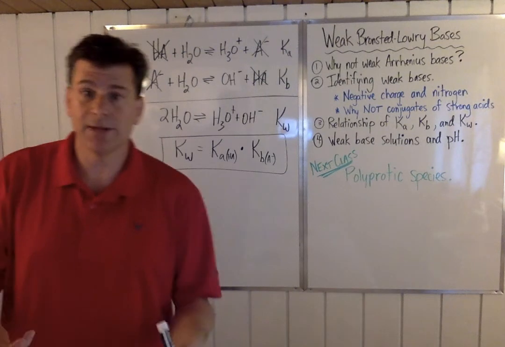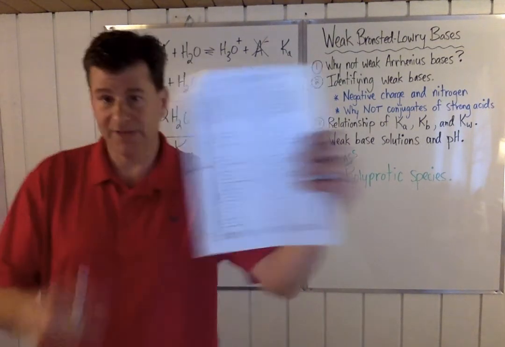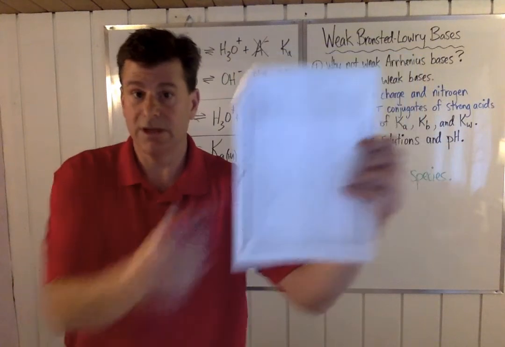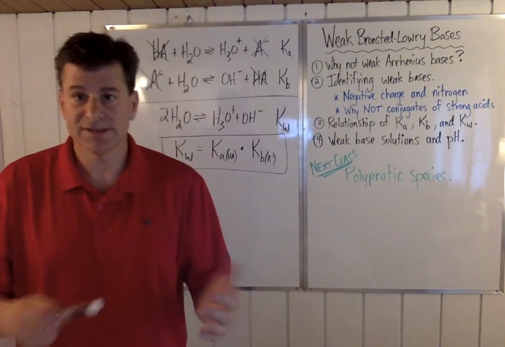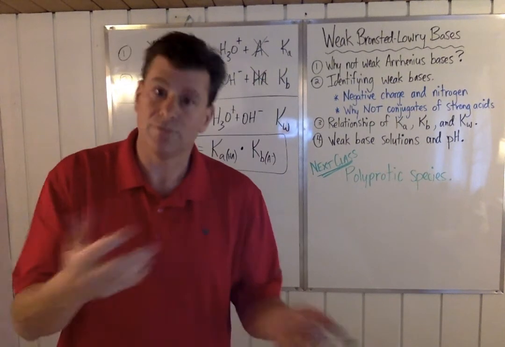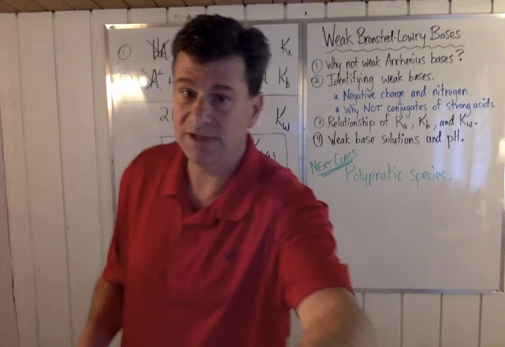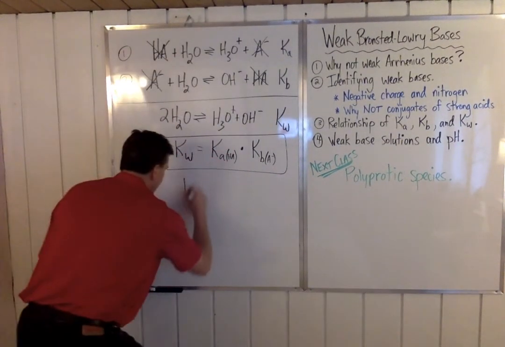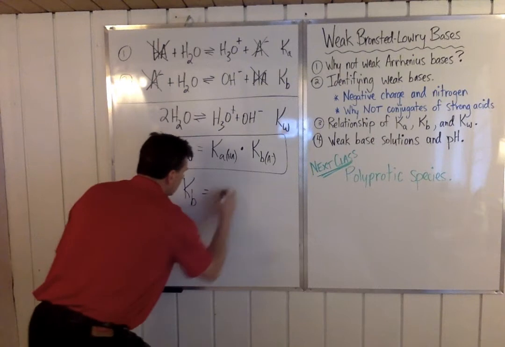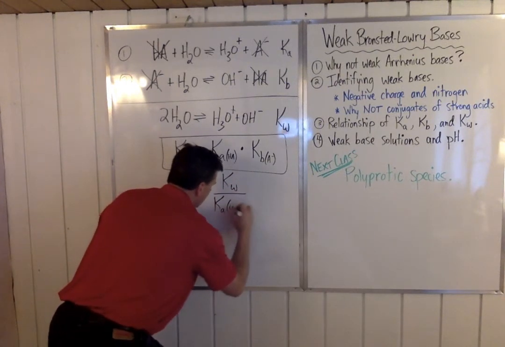So you know Kw at 25 degrees. You have a table of Kas. You have the numerical values down the side. Therefore, as long as you know what the base is and you can figure out what its conjugate is, you can calculate the Kb. So the Kb of any base equals Kw divided by Ka of its